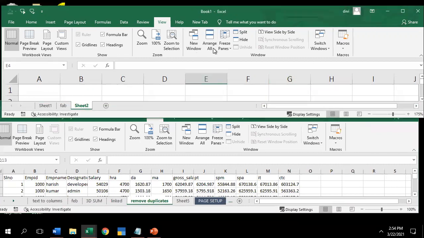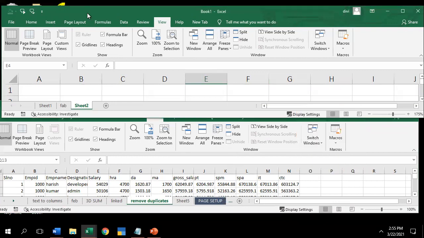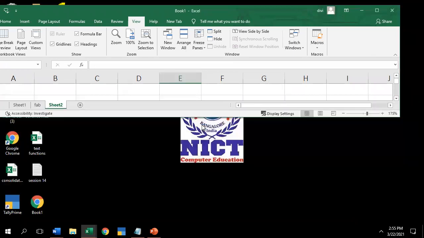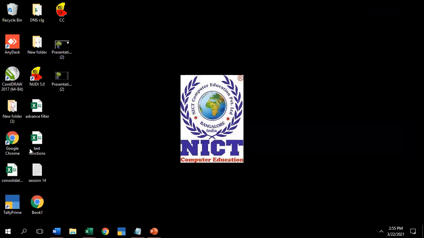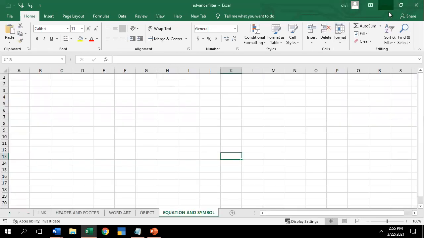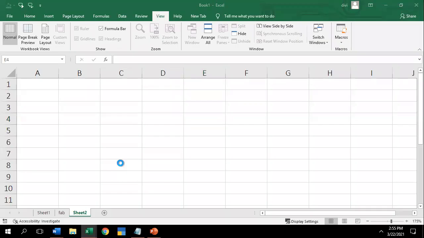I'll come to the normal screen, arrange normally. I'll minimize this. I'll minimize the workbook one. I'll open a text function. I'll open the advanced filter workbook also. And I want to open the consolidation.